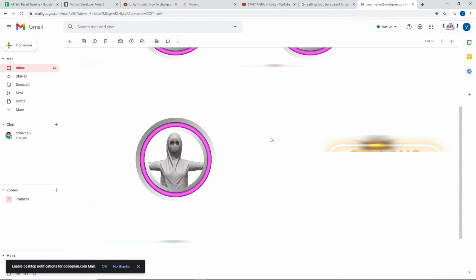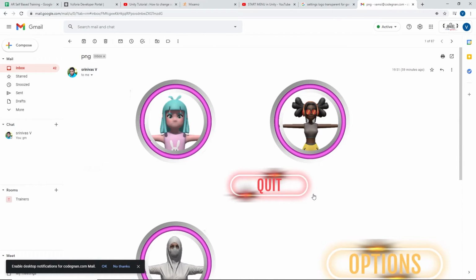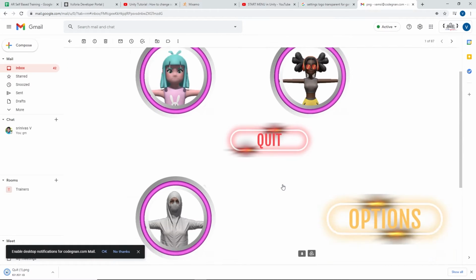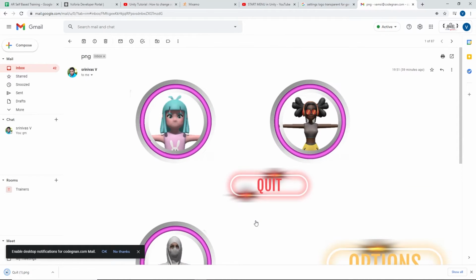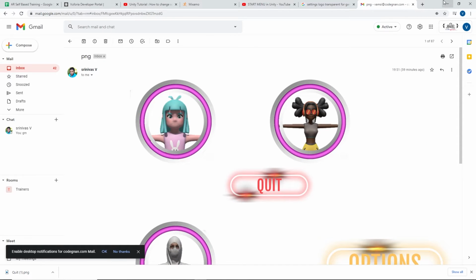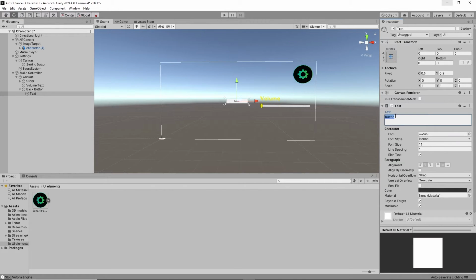So where is the back button? I think this one. It's a quit. I think I don't have a back button here. Okay, let's leave it. We can use the button like this by using this text. I'm calling it BACK.